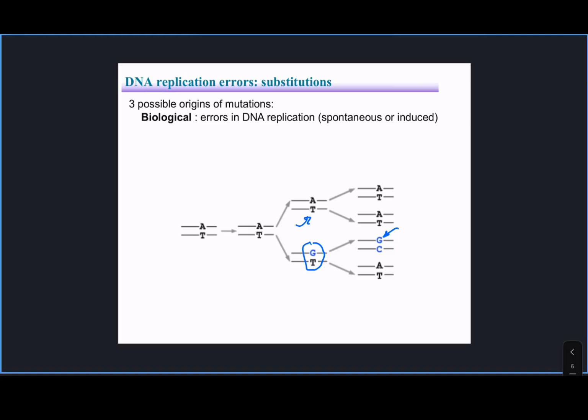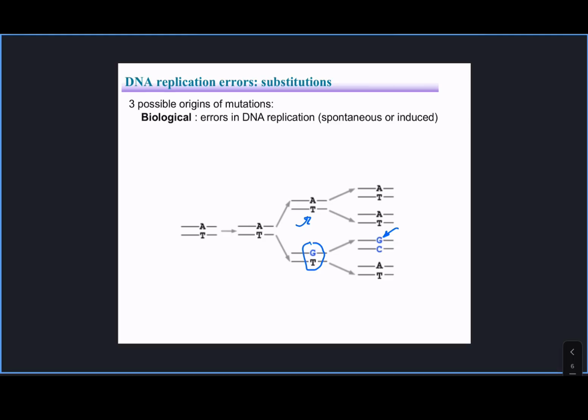Right? So the next run of replication, when this mutant molecule separates the two strands and DNA polymerase sees that G there, it won't be able to say, oh no, this should have been a T. So I don't know why there's a G here. There should have been... no. It sees the G, adds the C, next thing you know, that thing is fixed forever. Okay? So this is how